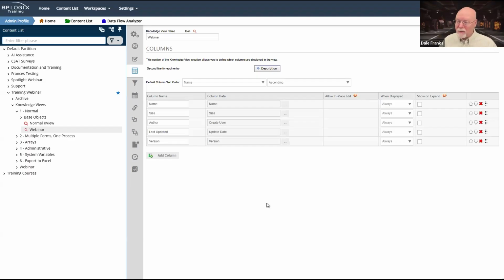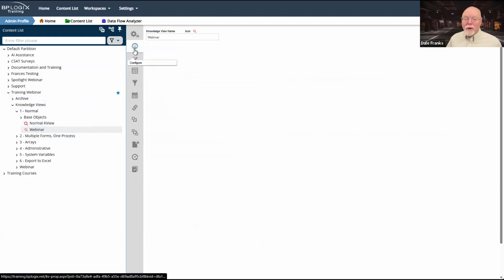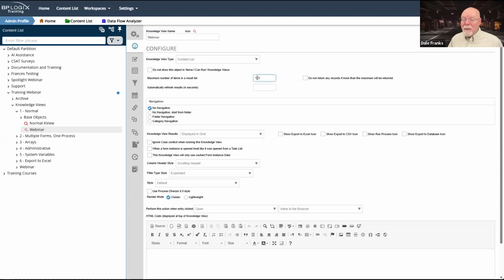We've documented it. We tell you this in the documentation, and yet people still do it, and they return these huge knowledge views. You don't want to do that for a normal knowledge view. So whenever you're configuring this, the maximum number of rows to return, the default of 100, you want to keep that as is, so that you don't return a whole bunch of rows.